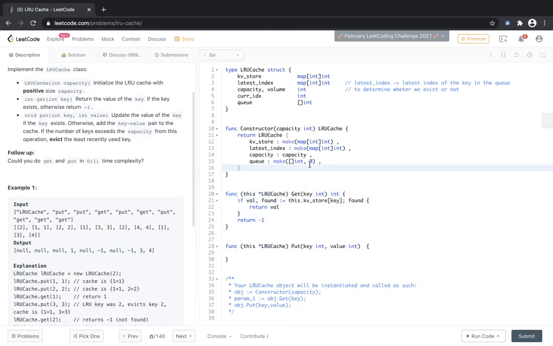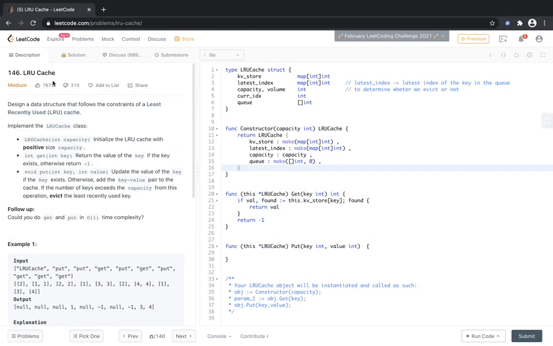So hello guys, in the last video we started this implementation of LRU cache and I will continue the implementation in this video. So yeah, we need to implement these two functions, put function and get function. The get function should be relatively easier than the put function, so let's implement this get function. If the value is found, we return the value, else if it is not found, we return -1.